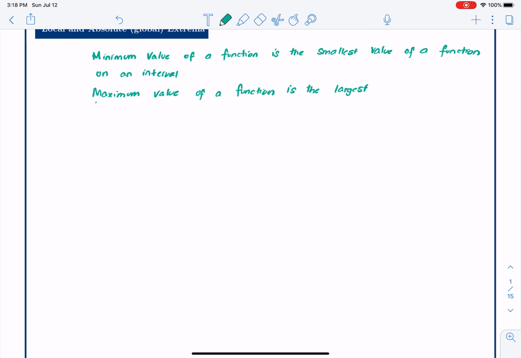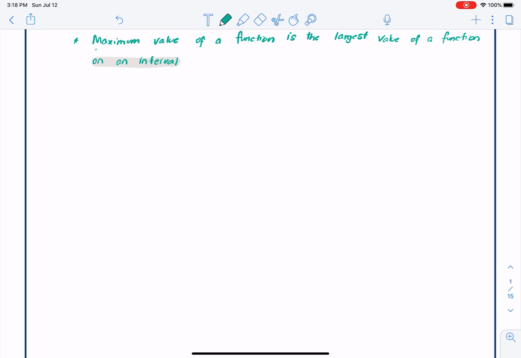And the maximum value of the function is the largest value of a function on an interval. Now, the reason why I changed the phrasing here from the domain to on an interval is because if we look at a function in its domain, then there could be more than one minimum value. There could be more than one maximum value in the entire domain. So the plural for minimum values